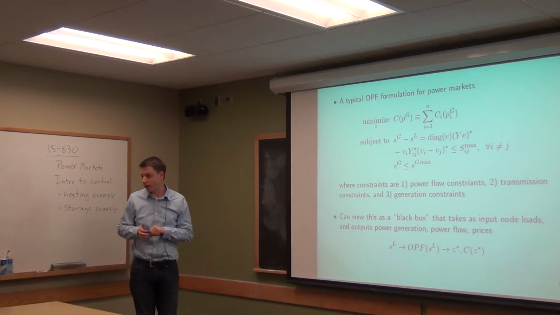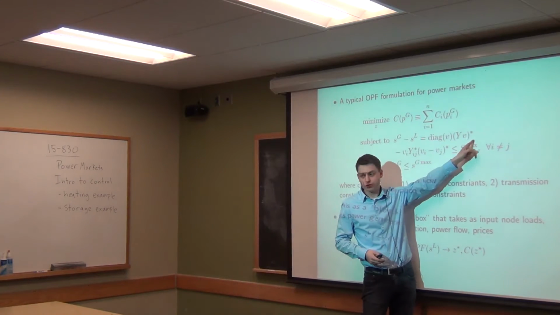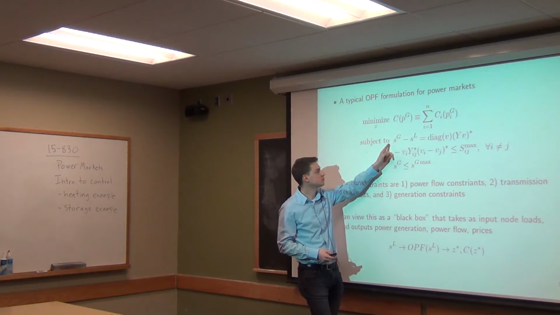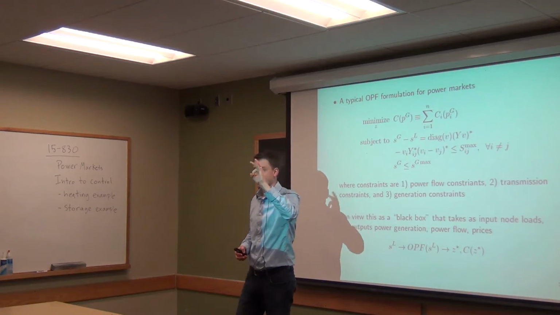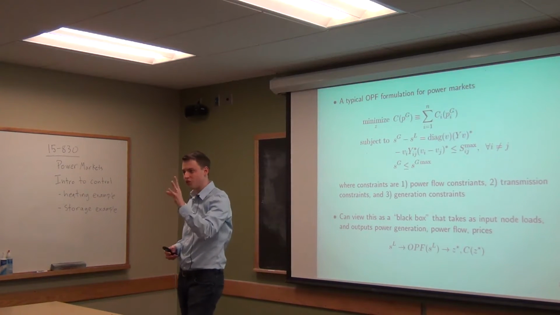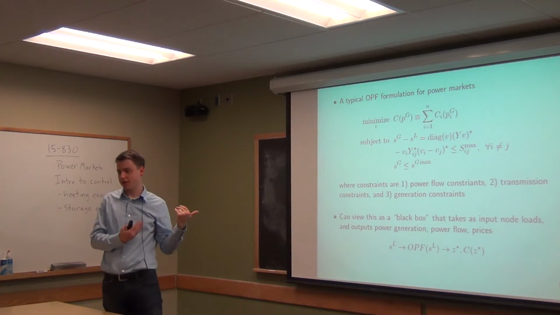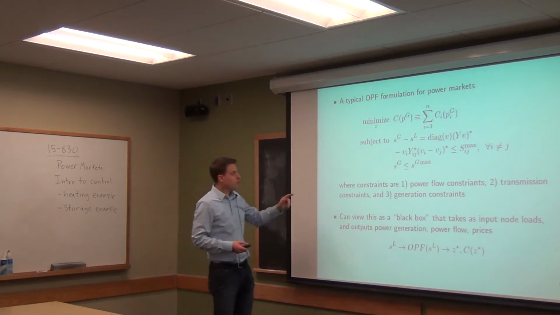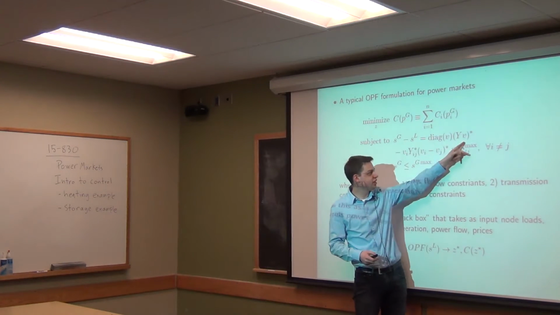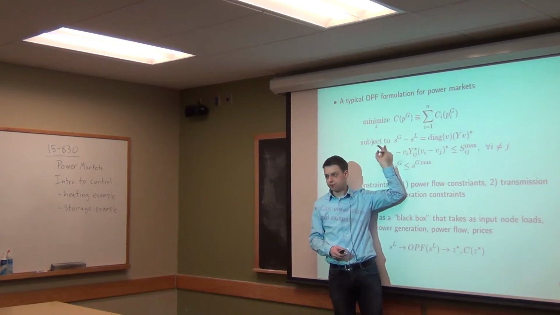subject to a few constraints. The first one of these is just the power flow constraint, right? Oh, I'm saying minimize over Z here. Remember, Z is our concatenation of the voltage angles, voltage magnitudes, power, all that kind of stuff. That's the same as in the optimal power flow specification. So this first one is just exactly the same as before. It is just the power flow equality constraint,